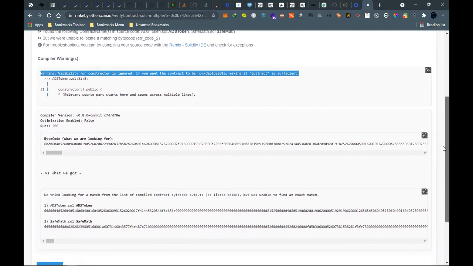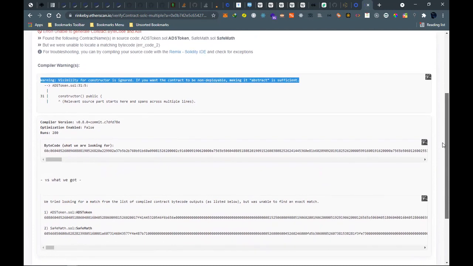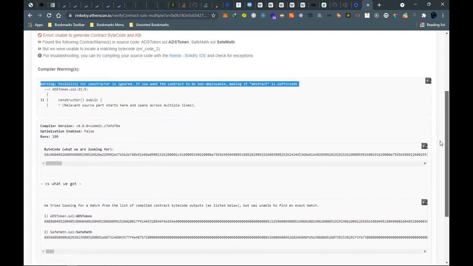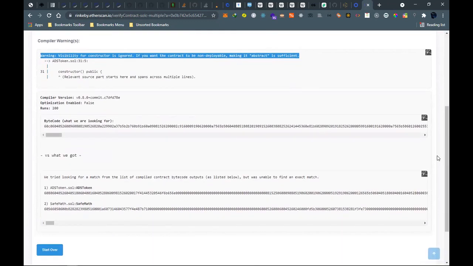Safe math is okay. Safe math is okay. So you can start all over.